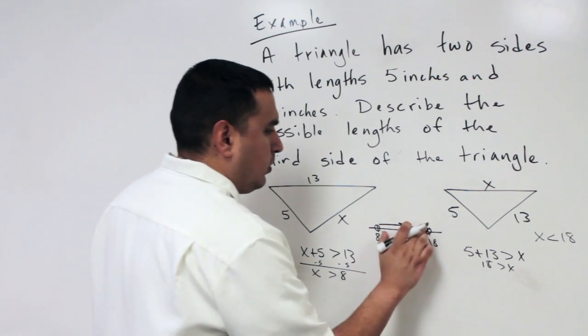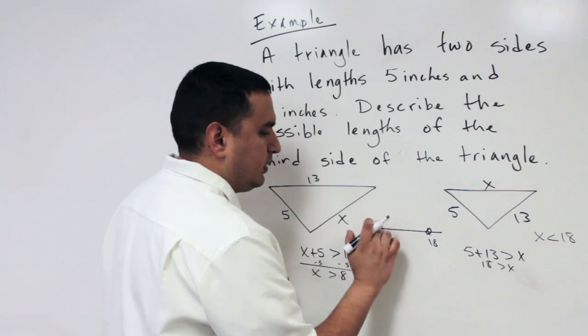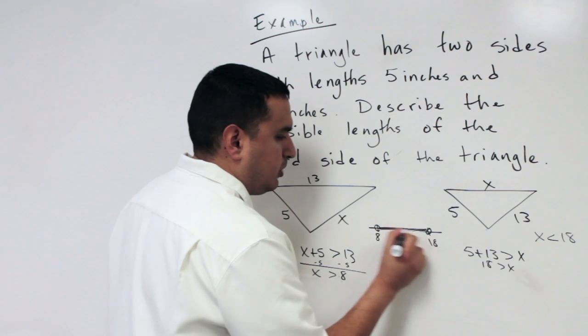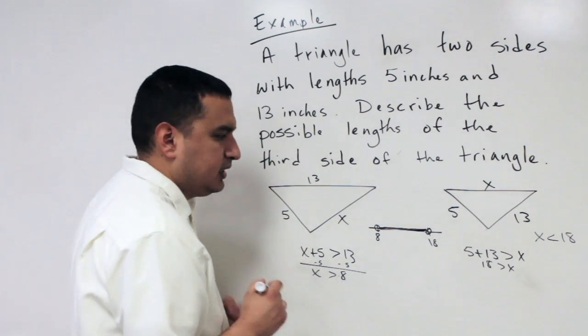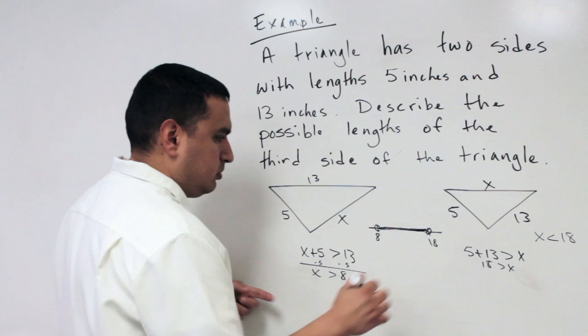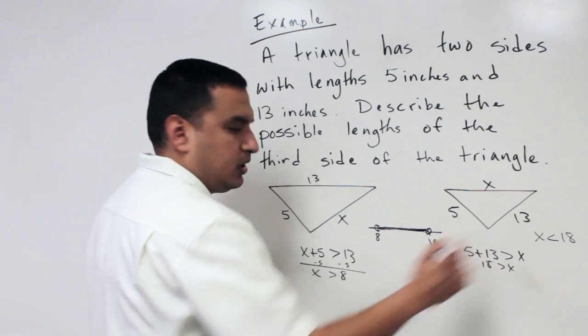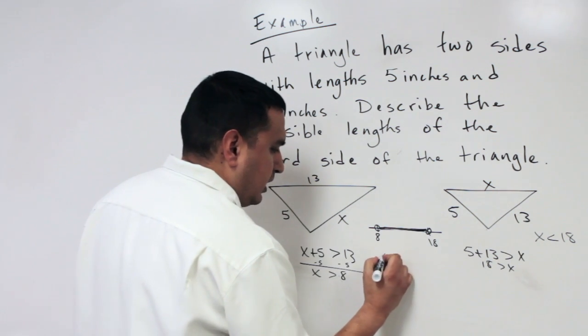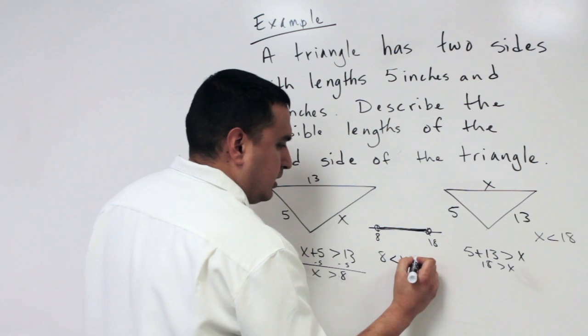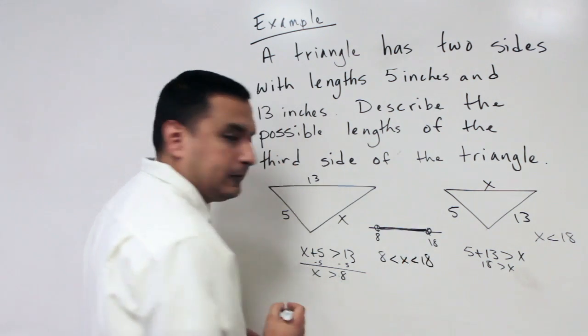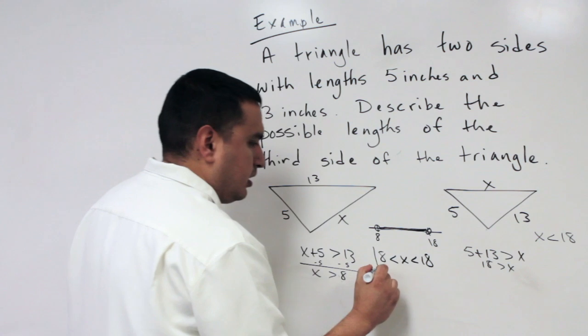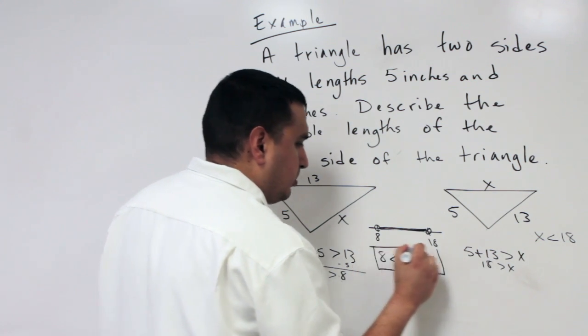So your inequality, if you're graphing that, is going to be all the numbers between 8 and 18. To merge these two inequalities together, you would say that 8 is less than x less than 18. This would be the possible values